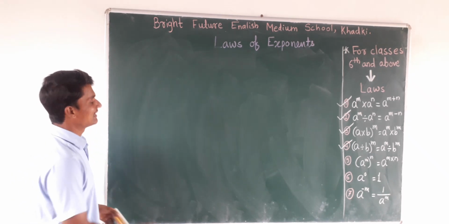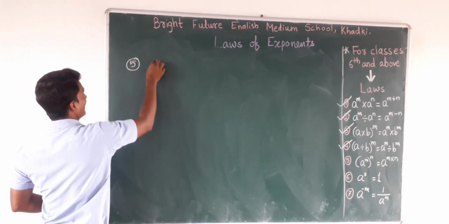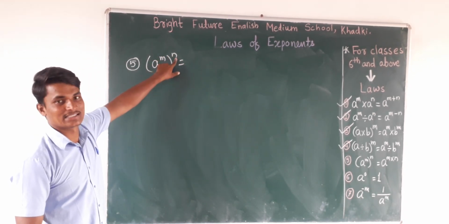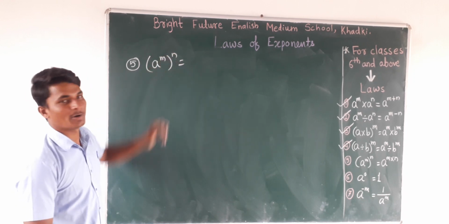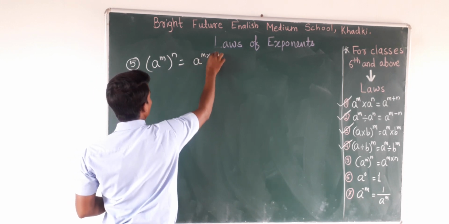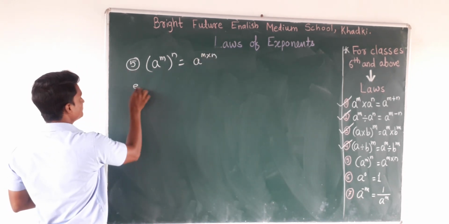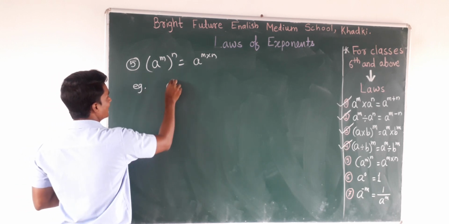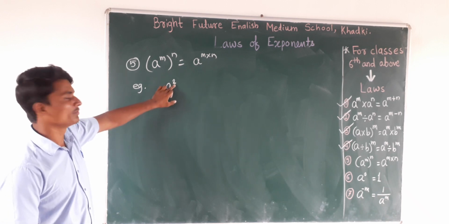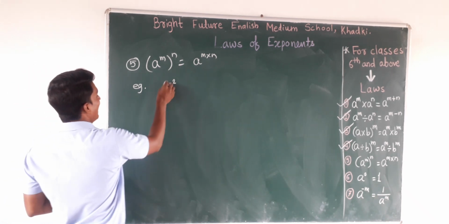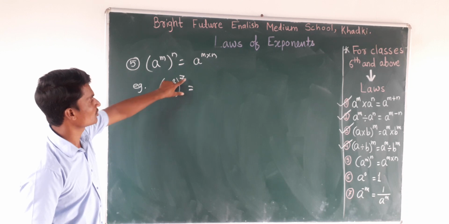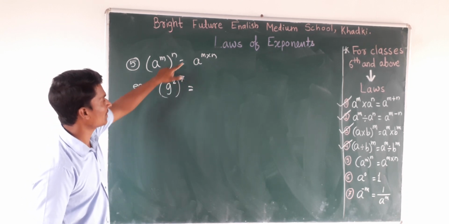Okay, now we will see the fifth law. The fifth law is that (a raised to m) raised to power n. That means power is there: a has power m, and both of them have power n. Then what we have to do is write the base down one time and multiply the powers, that means m multiplied by n. For example, 9 raised to 2, it can also be read as 9 squared. Power 2 means square. So (9 raised to 2) raised to 7. That means there is a number with power 2, and over both of them the power is 7.